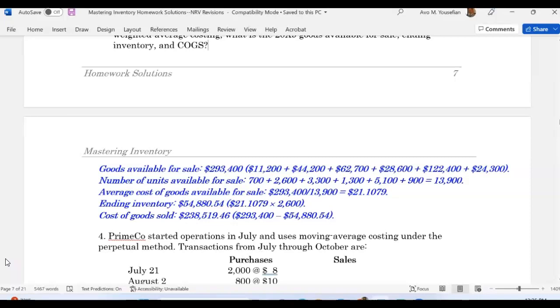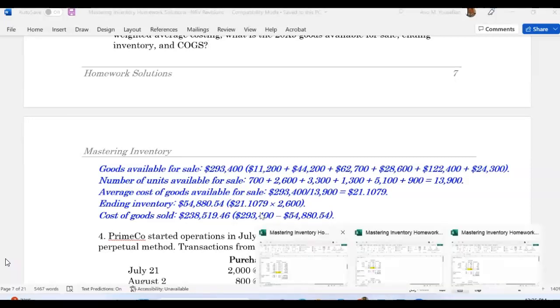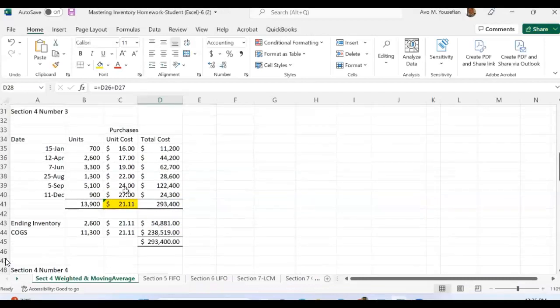So if I show you the same thing in Excel, it should be something like this, I believe. Here we go. So you have all those units that you purchased. Beginning units are 0 because it's a brand new company. You multiply them with the cost and you get the dollar amounts, right? And then you add them up, you get the available. Available divided by units gives you the